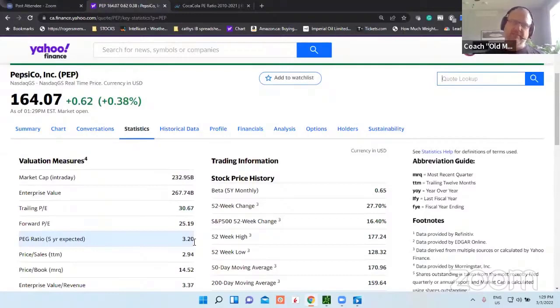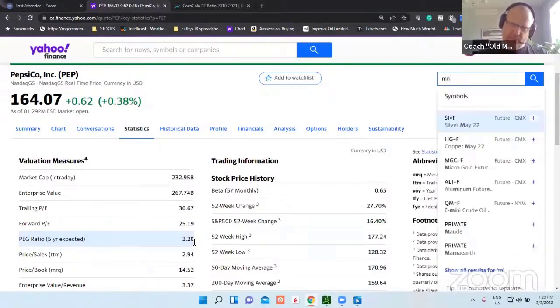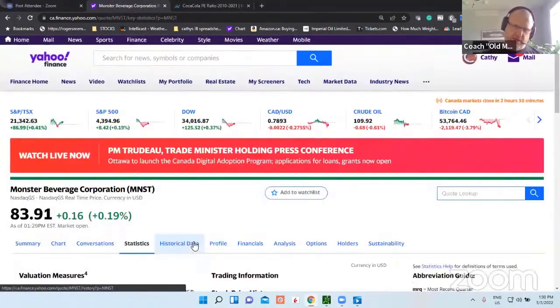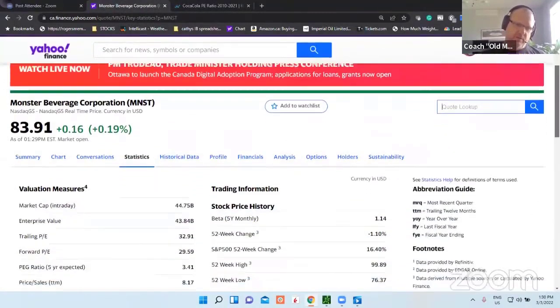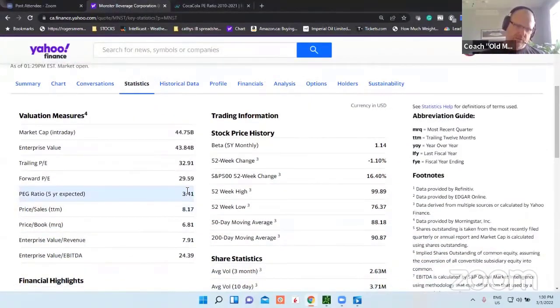So you can measure these. Now you can also take a number of other companies like Monster Beverage, right? You could say, okay, what does Monster Beverage look like? Well, their PEG ratio is 3.41, right? So similar space for business, but their ratio is a little bit higher. So you could do that with a number of companies and then come out with a number, a PEG ratio for the sector, right? And you could compare the sector to the company or the company to the company. Okay. And so really, again, it's this undervalued and overvalued.